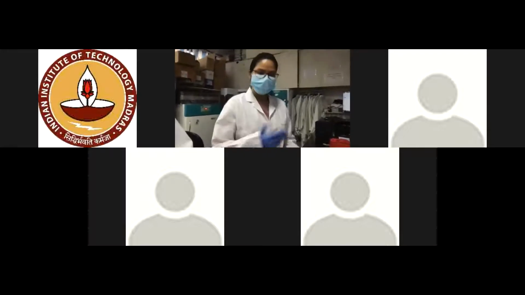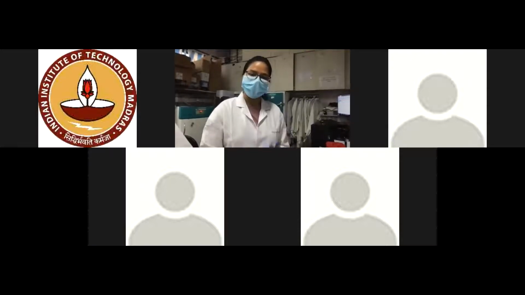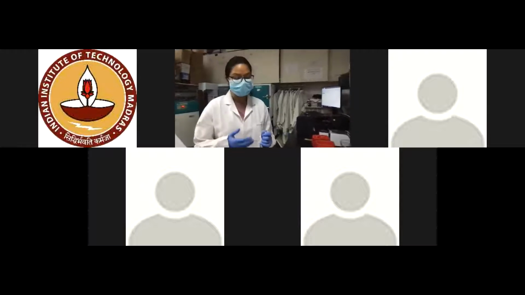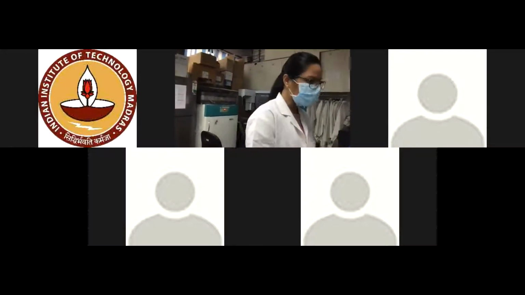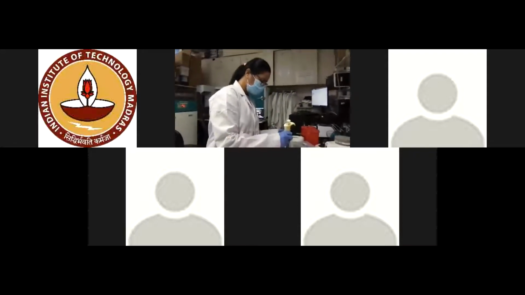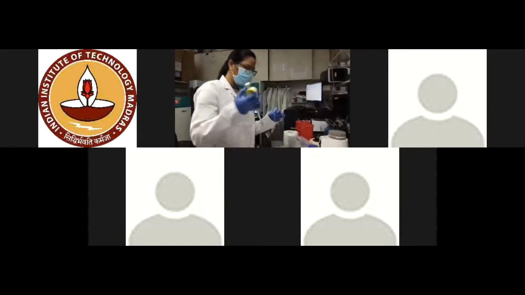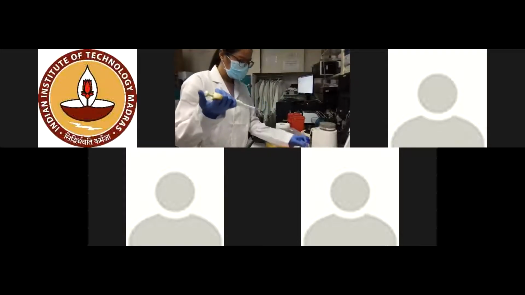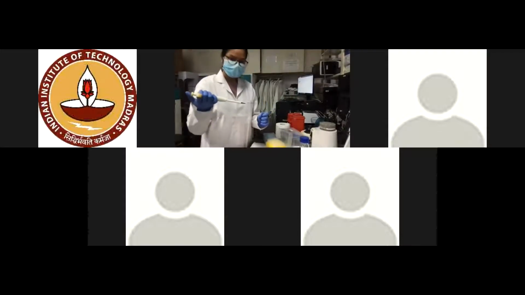So hello everyone, as sir mentioned, first we need to prepare a lysate. So here I have already prepared the lysate which is in urea buffer. Now I'm going to show you the in-solution digestion protocol. First, from the lysate, I'll take around 50 microgram of protein. So 50 microgram of protein I'm taking from the lysate into the in-solution digestion tube.